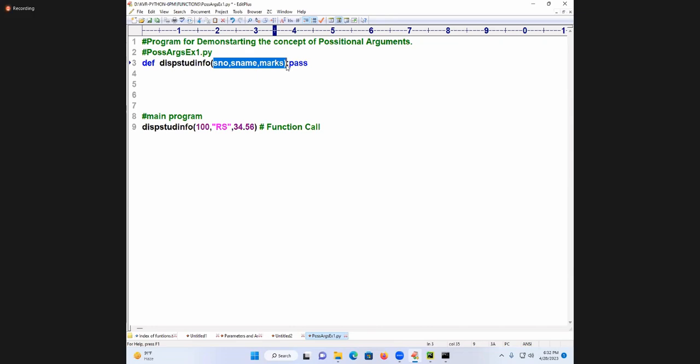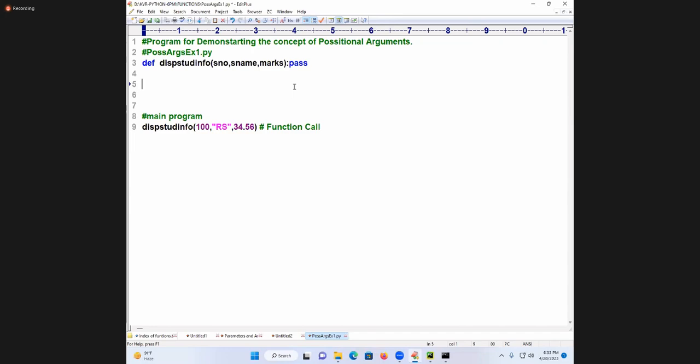What is the meaning called? Positional arguments mechanism. What is the theme of positional arguments mechanism? Every mechanism which I stated has some theme, some formula. What is the theme of this? First value 100 is passing to the first one, second is passing to second, third is passing to third. How many arguments do I have? How many parameters are required?